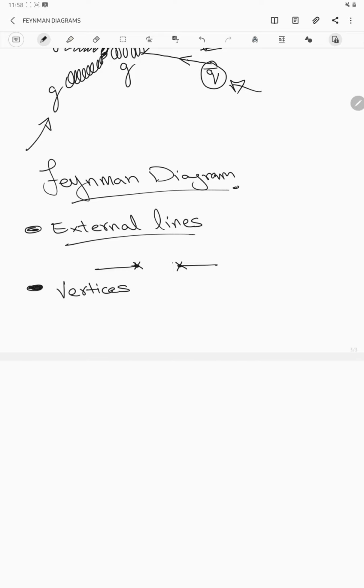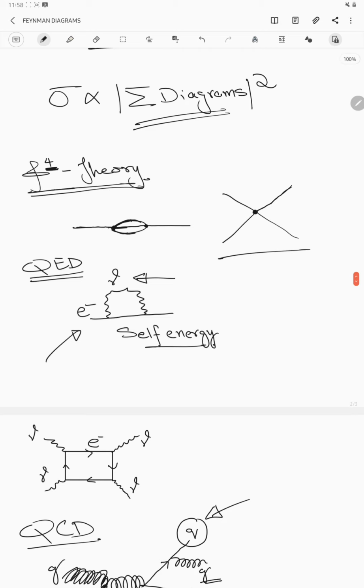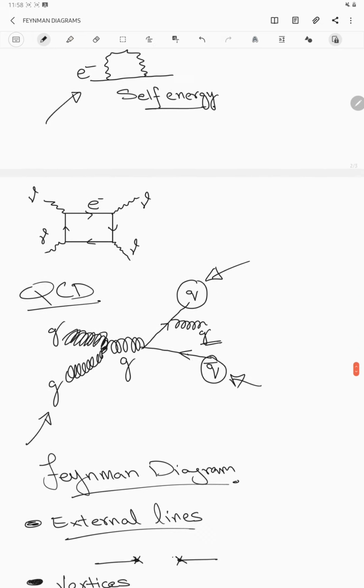Now, in vertices, you have for two vertices... vertices are again where these lines enter and leave. If I go back here, if you look at this example for phi-4 theory, a very simple one, this is your vertex where these lines enter and leave the vertex, right? Okay, so